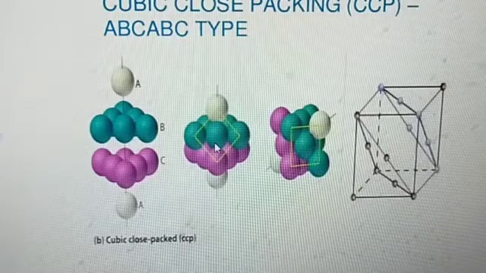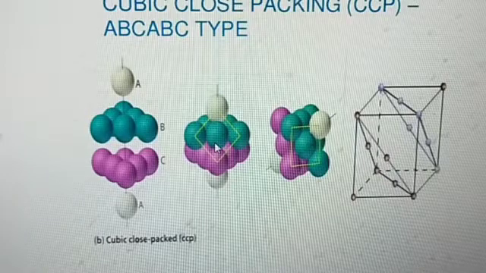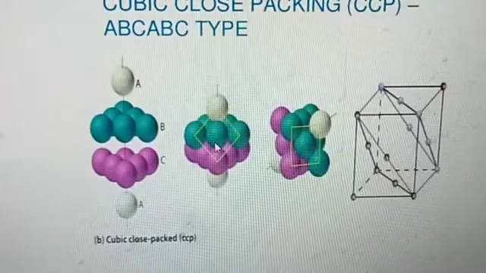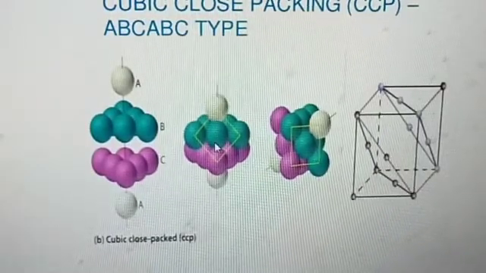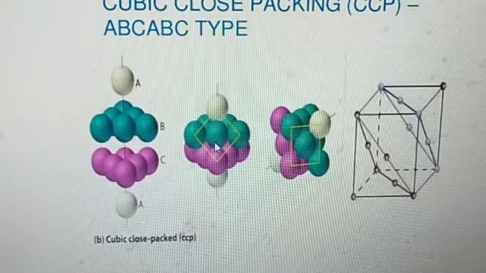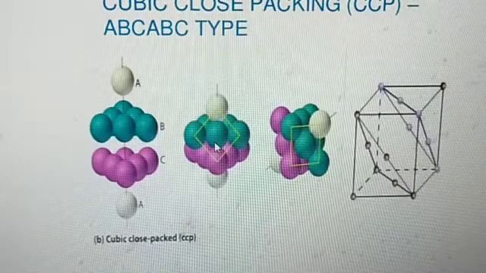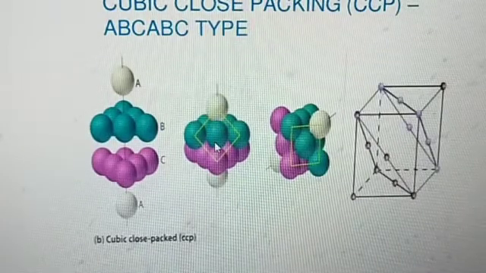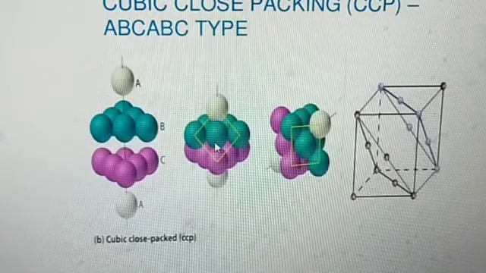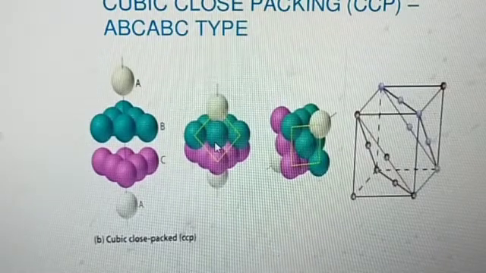So we can say the coordination number in this type, whether AB type or ABC type of arrangement, will be 12. So this is the arrangement of close packing in 3 dimensions, placing the second layer over the first layer as well as the third layer over the second layer. In that, I explained two cases. Covering tetrahedral voids, we get the AB type of arrangement, and to cover the octahedral voids we get the ABC type of arrangement.